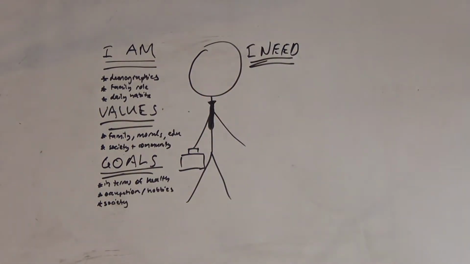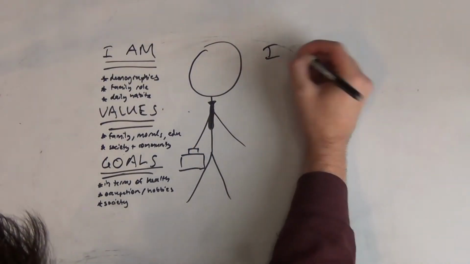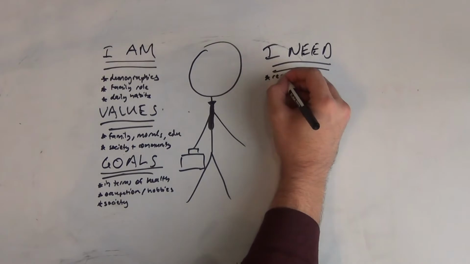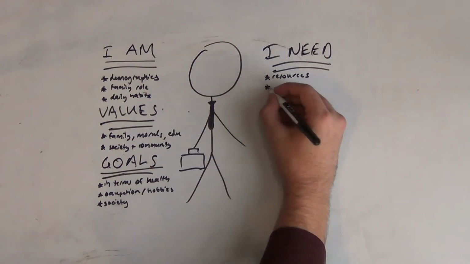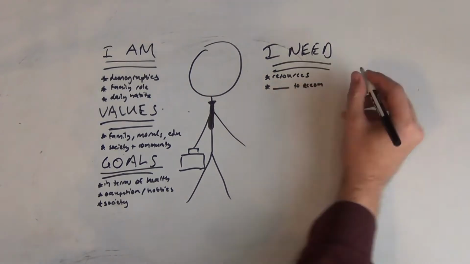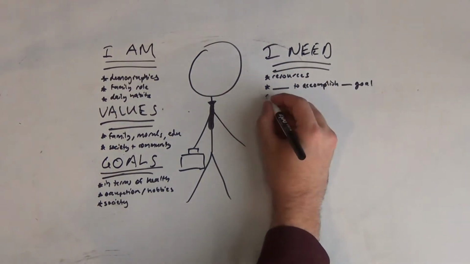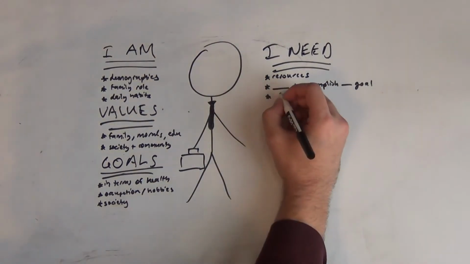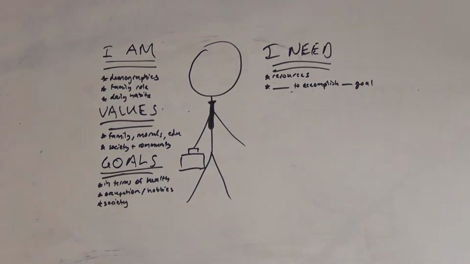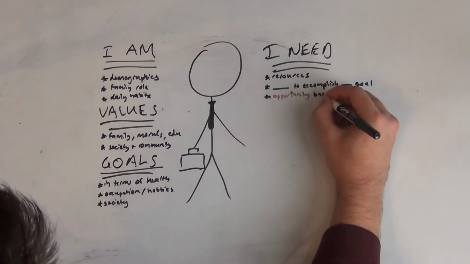And then the I need category. This one, to me, is the one that stands out the most. It's the resources that you might have or not have access to. It's for family, and it's to help you accomplish your goal. One of the things that we do for qualitative data is "blank would help blank to accomplish blank goal." This really helps us identify opportunities based on tangible things that we've heard.